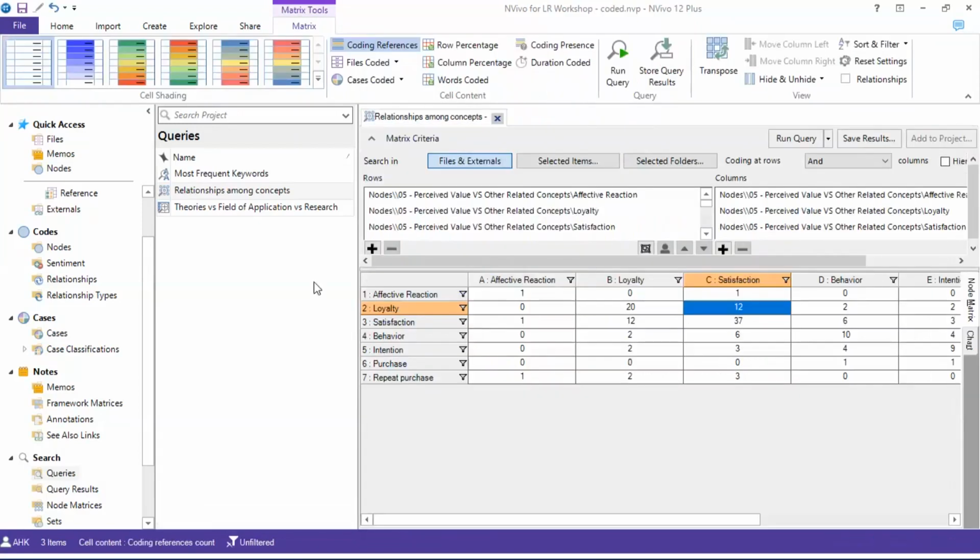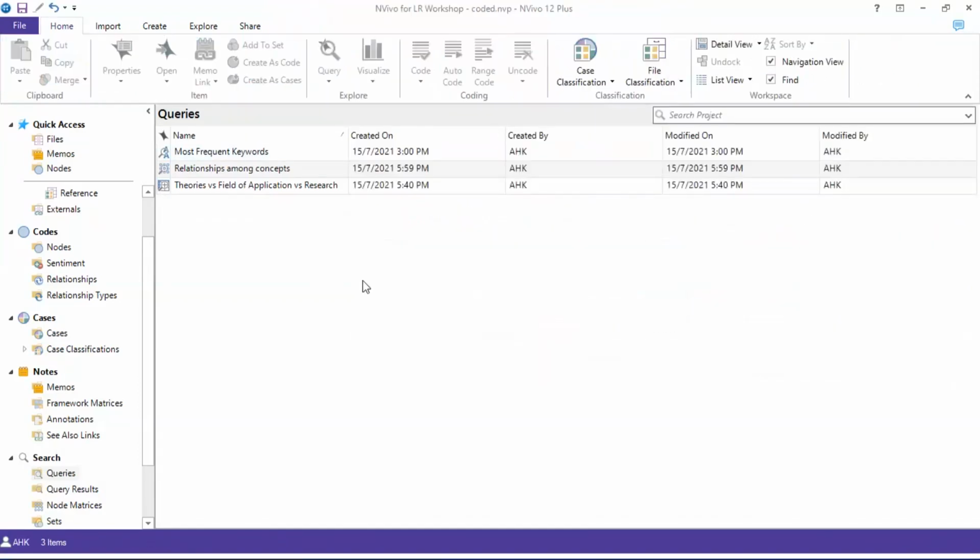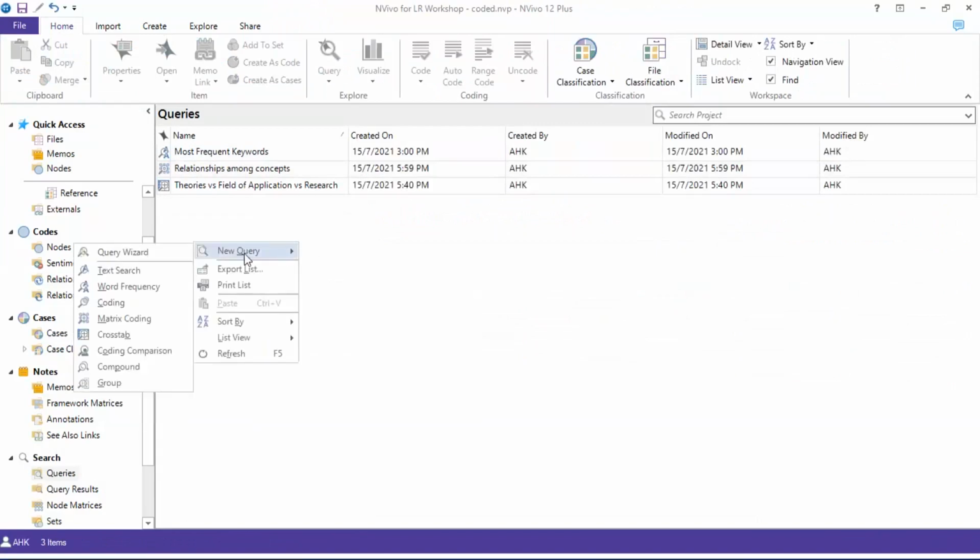Okay, right. So the way you do this, of course, you have to finish your coding first, right? So you go to the detail list view, all right? Click on, okay, there are multiple options for you to create queries, all right? For my case here, I want to do a matrix coding. Matrix coding means I want to compare code with code, all right? So what I do is, I click on matrix coding,